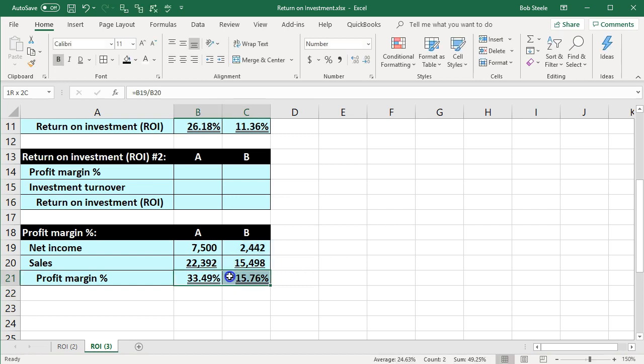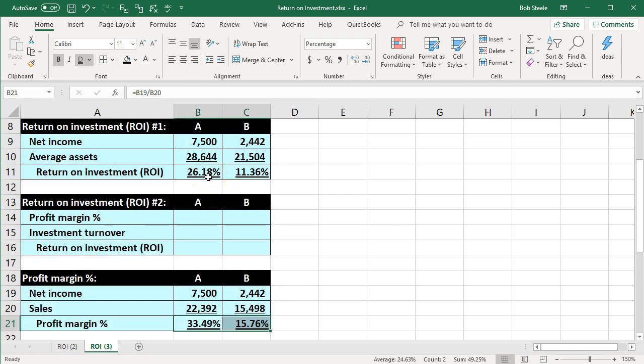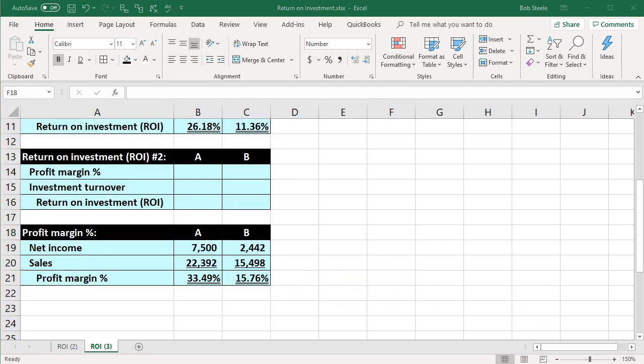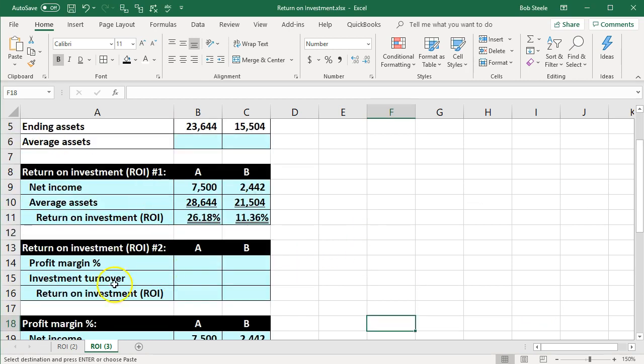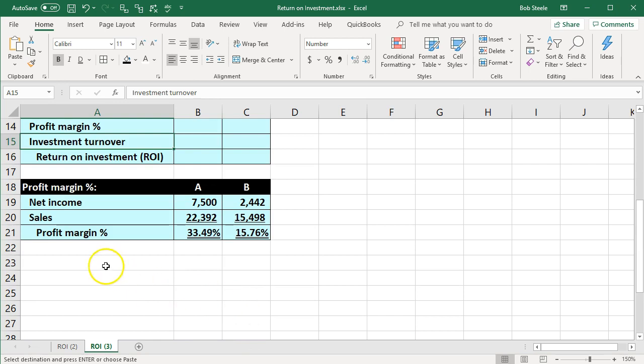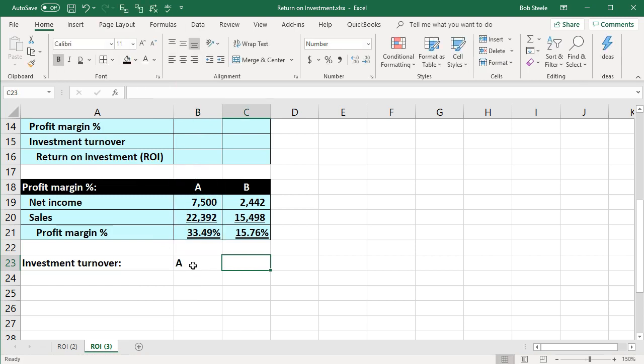Now it's already doing the percentages and formatting for us because we did so using the same formatting as we did up top, using the paintbrush in order to format for us. Okay, so there's going to be the profit margin percent. Now we need the turnover. Investment turnover, which is the second component of our calculation here. So we're going to say, all right, investment turnover, that's going to be the next item for A and for B. And that's going to be the sales divided by the average